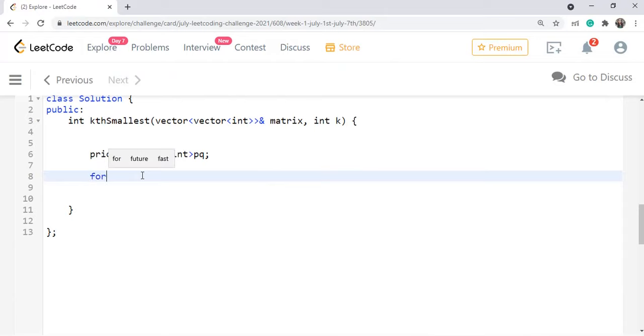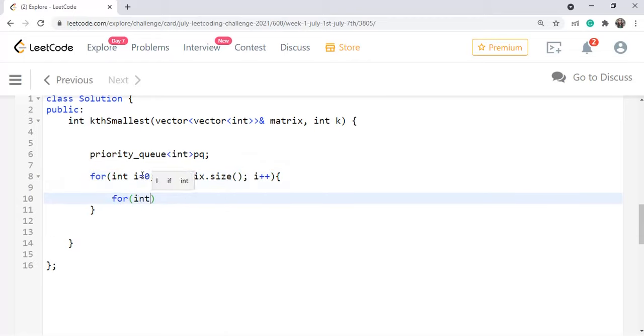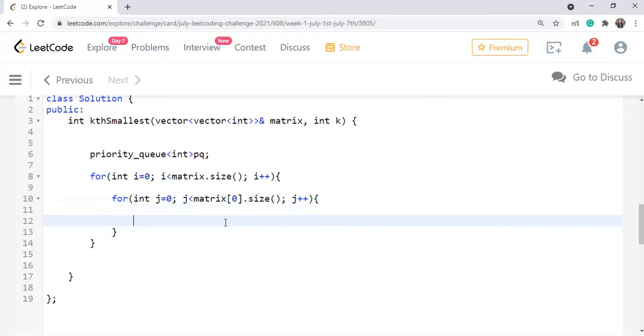Now, as we discussed in the logic, we have to do the same thing: for int i equal to 0, i less than matrix.size(), i plus plus, and for int j equal to 0, j less than matrix[0].size(), j plus plus. Now first of all we'll be pushing the element to our heap, so pq.push(matrix[i][j]), right?